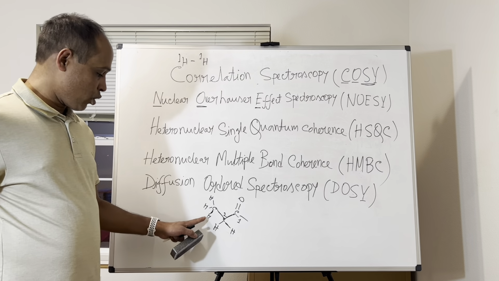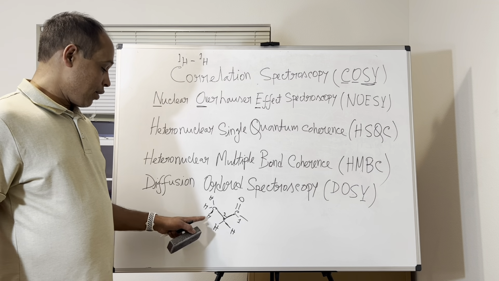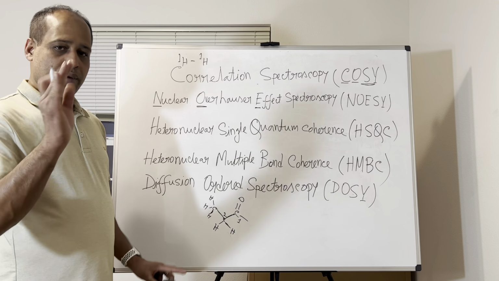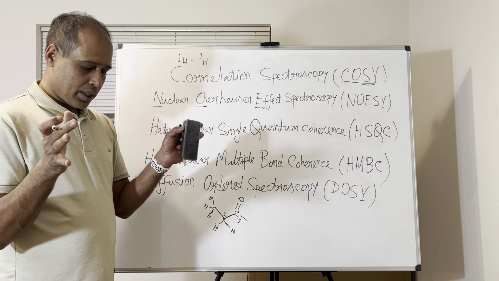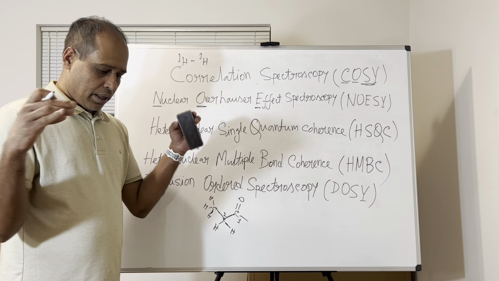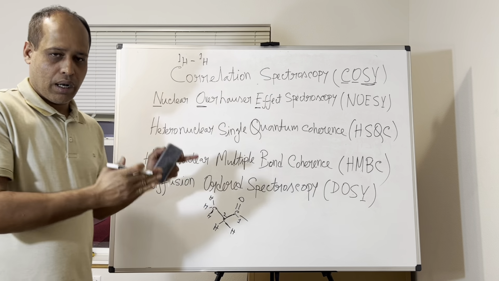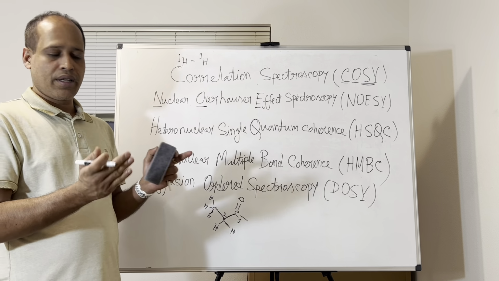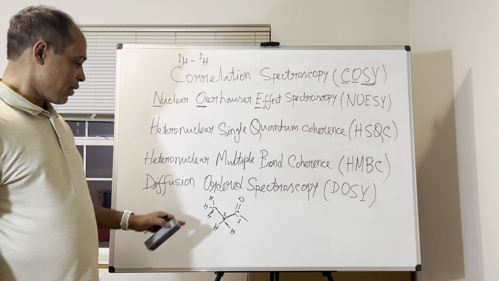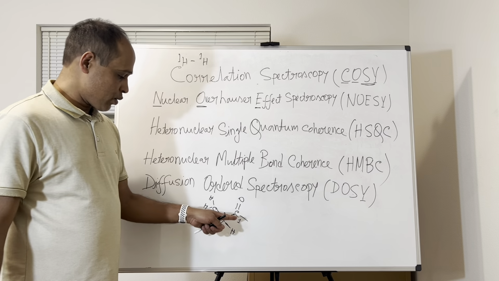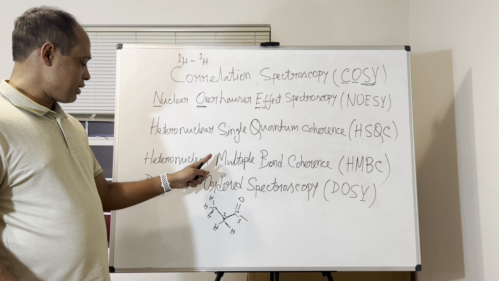From these protons you can also get some relation, like connectivity. You will see how, once we draw the 2D NMR, you can see what I'm trying to explain. That's why it is called multiple bond, and this